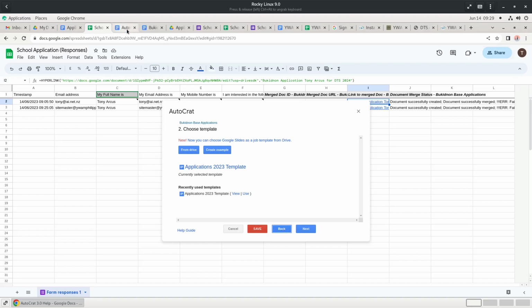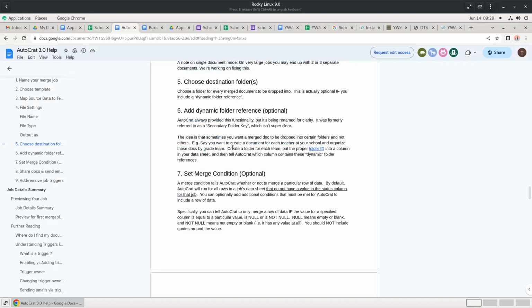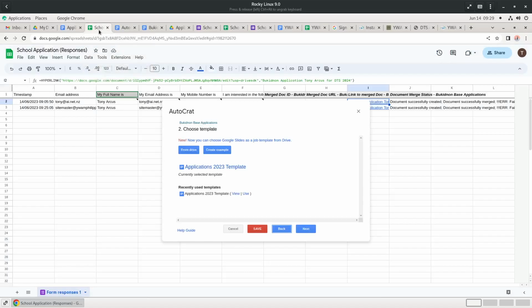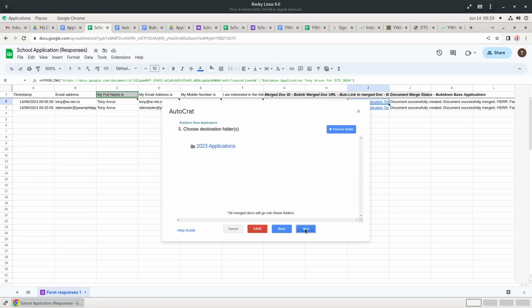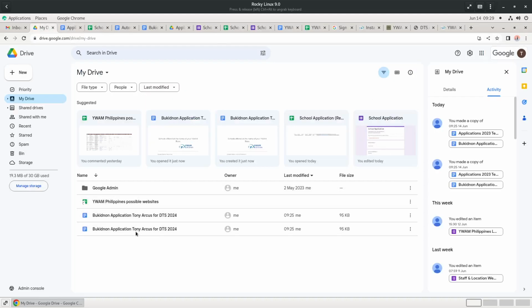Dynamic folder reference. Next. Add, select a column that will contain a folder ID. No, we're not doing that. So at this time, I don't know why these applications are going into the